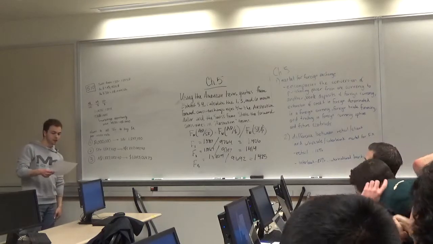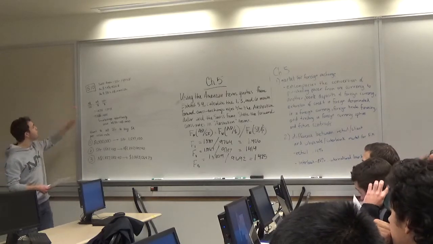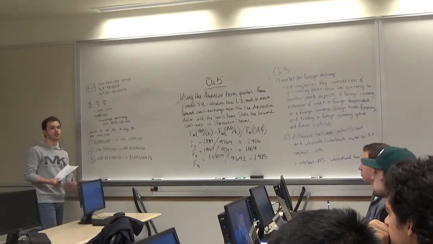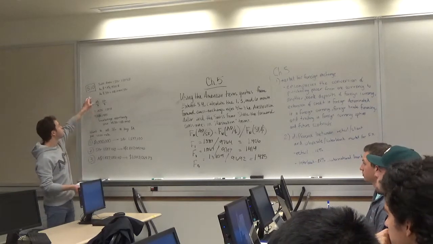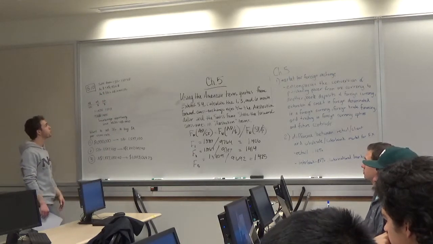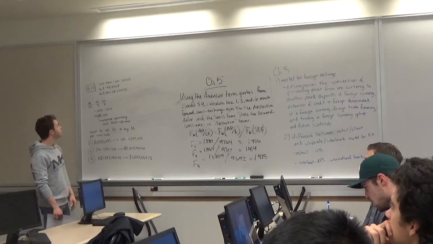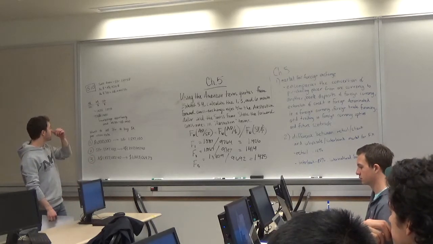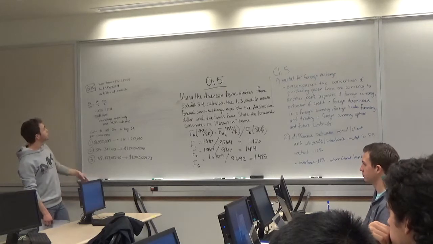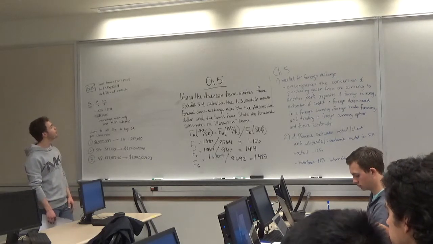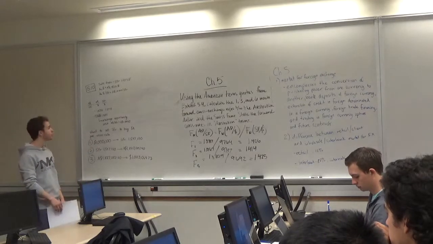Alright, so I had chapter 5, question 10. Basically, it gives you some quotes for currency conversions, and you want to see if there's an arbitrage opportunity and how much. So Swiss franc is 1.597 francs per dollar. Australian dollar is 1.825 Australian dollars per dollar, and the conversion rate between Australian dollars to Swiss francs is 1.440 Australian dollars per Swiss franc.